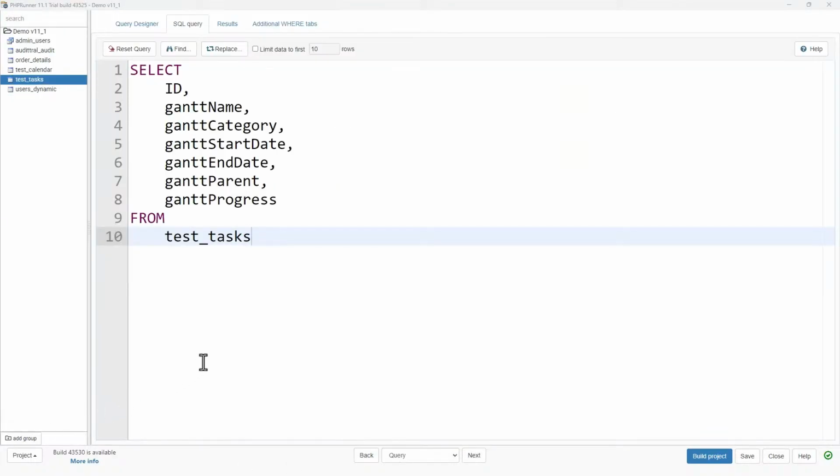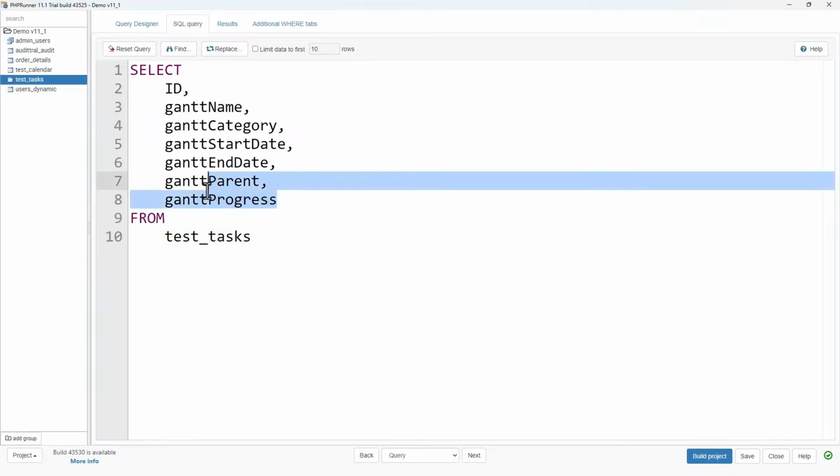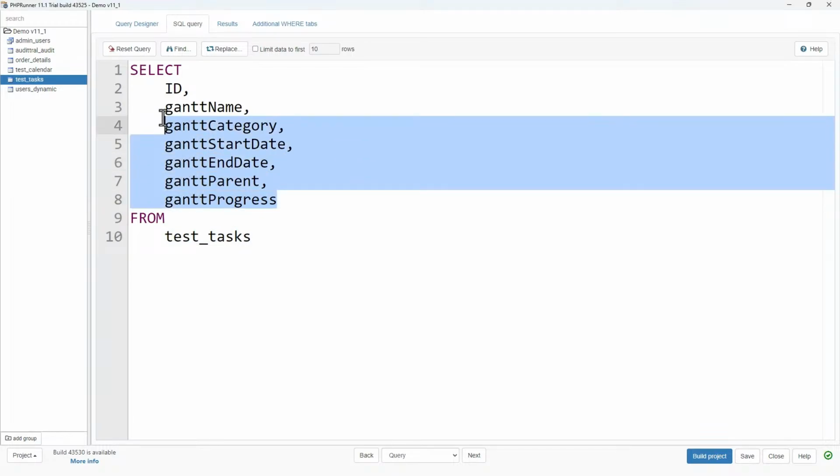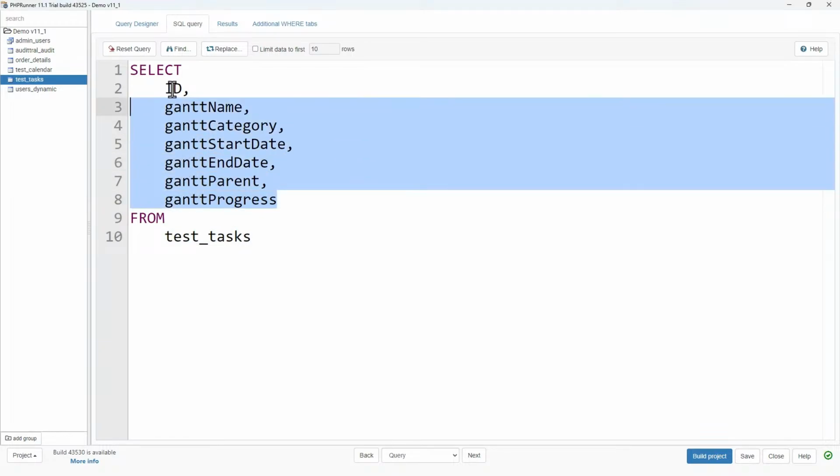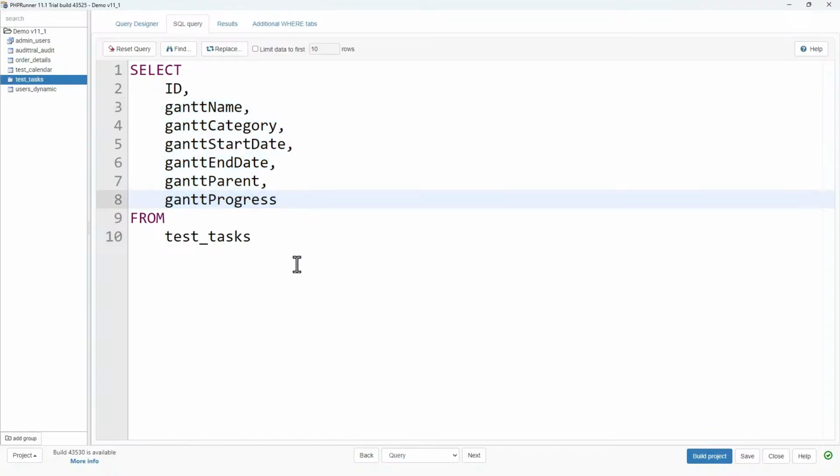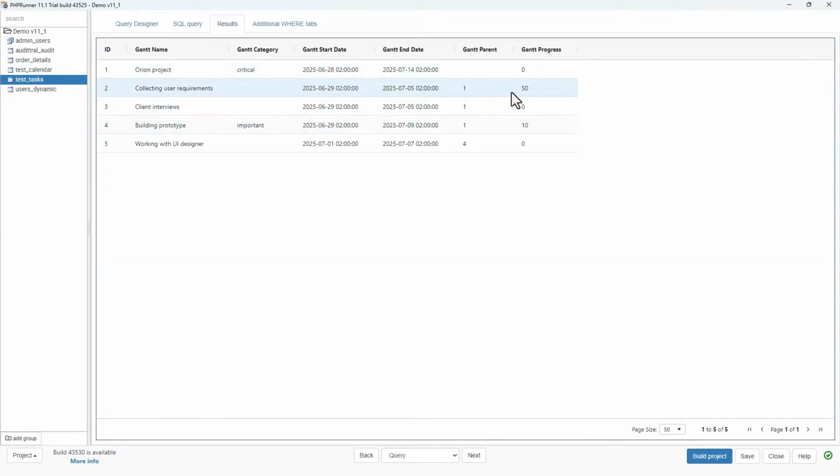Again, on the SQL query, I just look at the fields that were created for this table. So one day when I want to add my own data, I know how to format that data. We're learning how this works. Okay, let's look at the results. And the results, okay, what is this? I'm not sure if this 10 and 50 is percentages. It probably is. We will see when we get there.